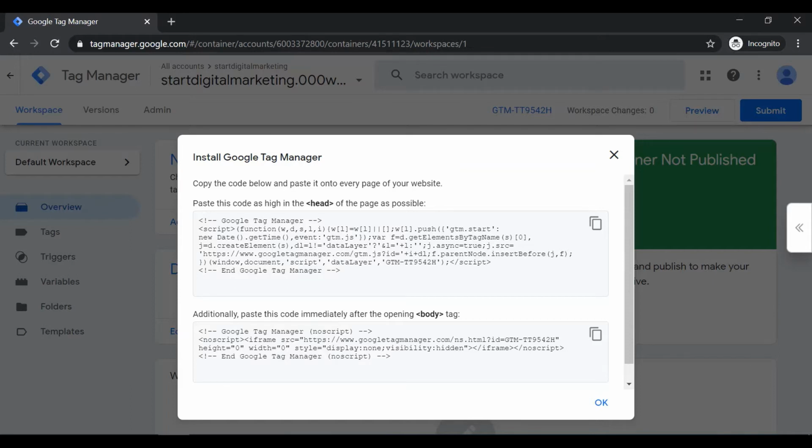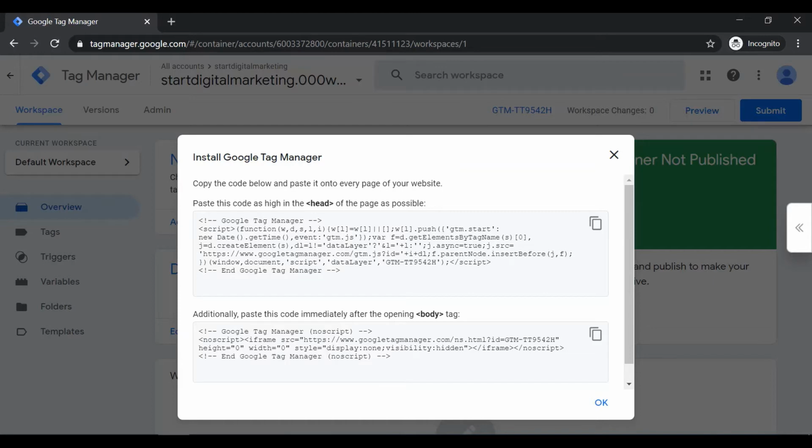If you are using a platform like WordPress, then you can add your code to your template or use a plugin to add Google Tag Manager to all of your pages. I am going to start by using a plugin to add Google Tag Manager to WordPress. So no need to copy the entire code, I can just copy the container ID.